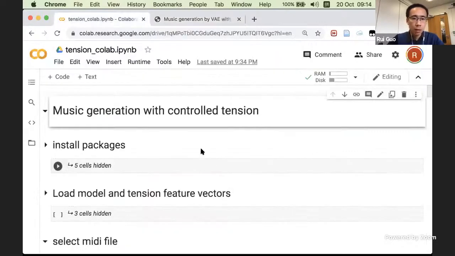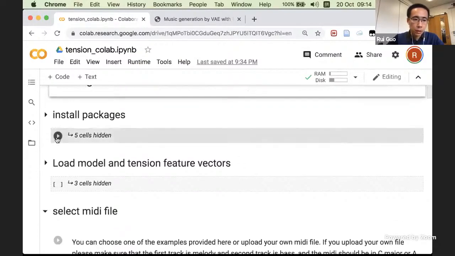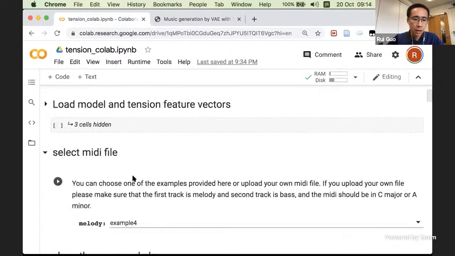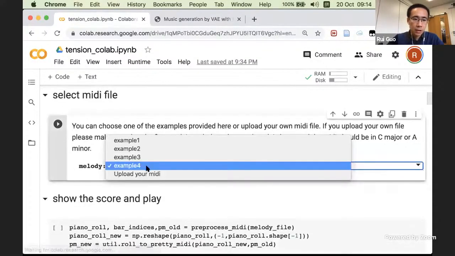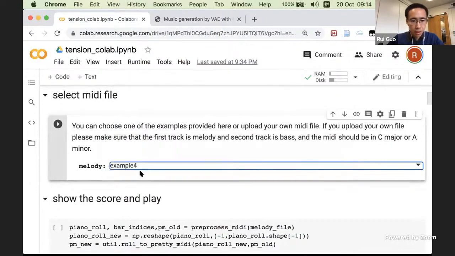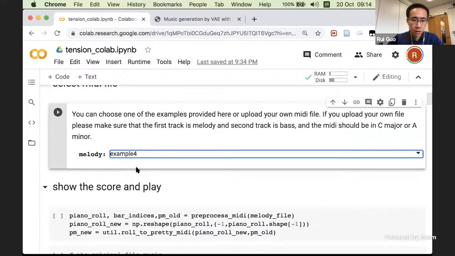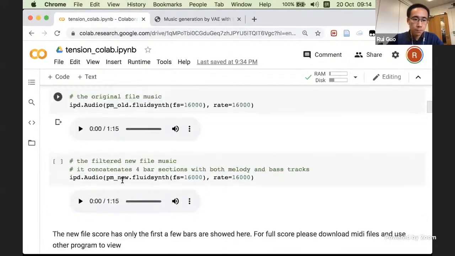And we have a Colab notebook for the user to use this algorithm. First, people install the packages and load the feature vector, and I will skip those steps. And the user can select an example here or upload their own MIDI. Here, I just use a preset example 4, and after those cells are run, the original music is here,